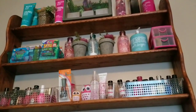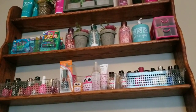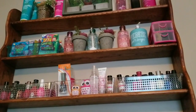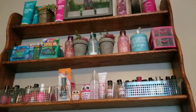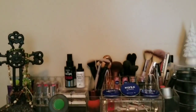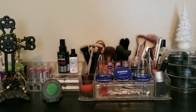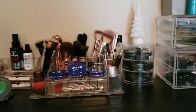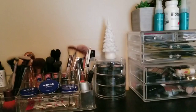Just some succulents and stuff like that. I collect like fun, kitschy lip glosses. I don't ever actually use them. It's the only thing I really collect. Well, no, that's not candles. I collect candles as well. But just all my nail stuff, that's right there. And then that little sticky pad is for my phone when I want to watch something while I'm putting my makeup on. I have tons more of these plastic containers, but quite honestly, I tried to really minimalize down